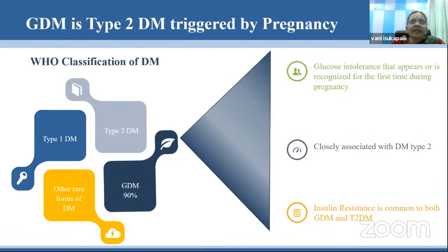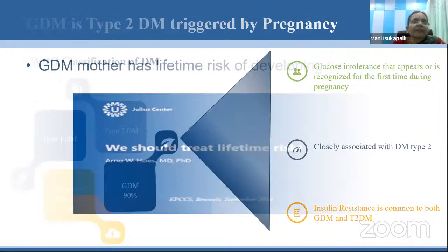So gestational diabetes mellitus, or diabetes mellitus in pregnancy, can happen either way. It starts from the pregnancy, that is what's called gestational diabetes mellitus, or recognized first time in pregnancy. So that amounts to around 90% of the cases. Or we may have cases who are already having type 1 insulin dependent diabetes or juvenile diabetes and conceiving. Or women having type 2 diabetes mellitus already on treatment and conceiving. Or rarely any other forms of diabetes mellitus. So either scenario can happen in pregnancy.